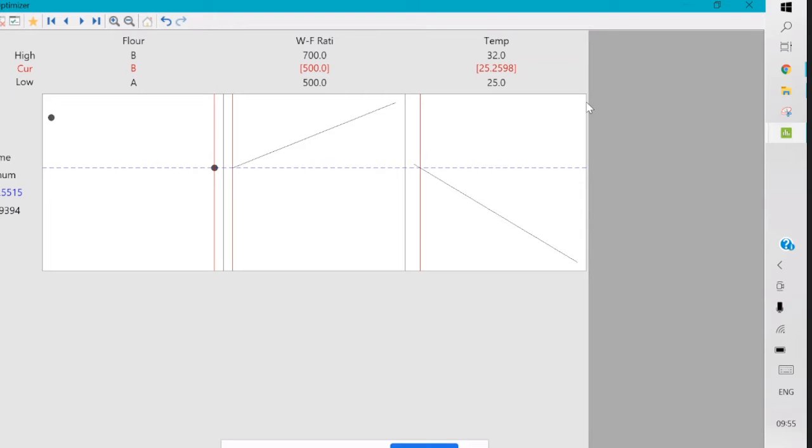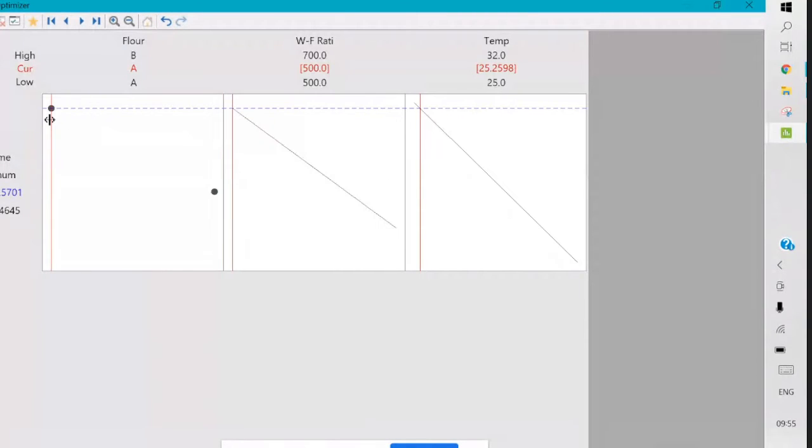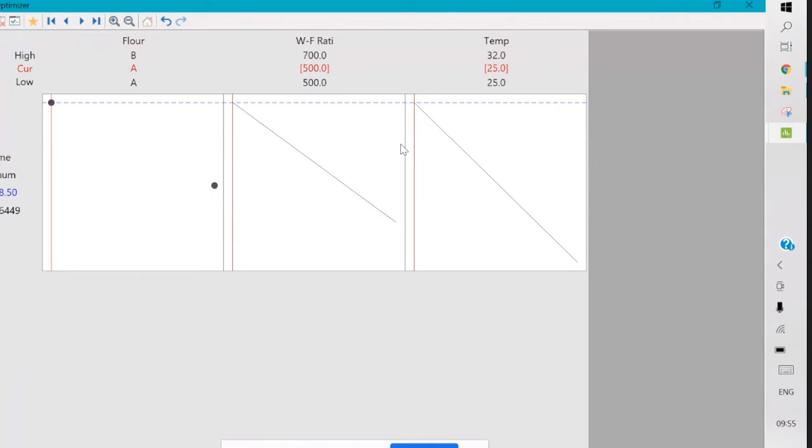Sir, your flower A was selected, and mine over here, flower B is coming. Yeah. So can you drag this line from B to A? The center line, this one you're talking about. This line. Yeah, yeah. Okay. So we can even change the flower in this. And now you said to keep this temperature at 25 and drag it over here, so you get. Okay, sir. Thank you.